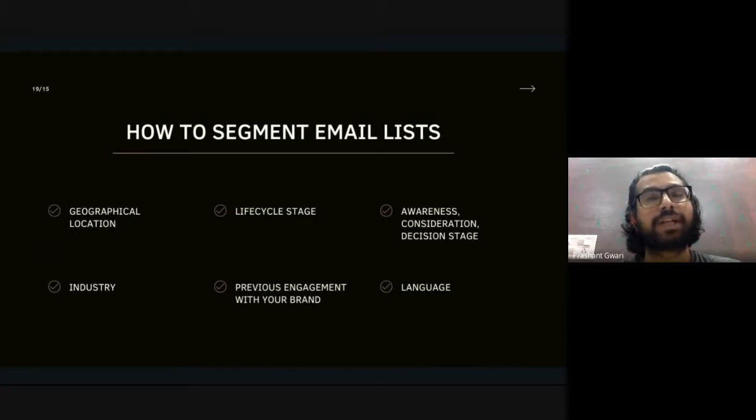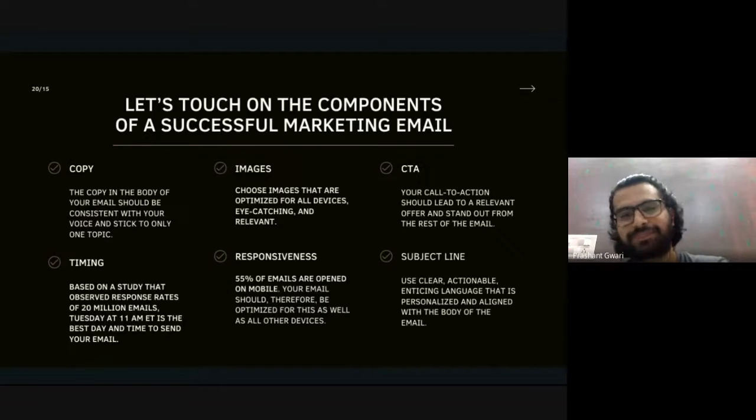Like we have segmentation like those who attended the webinar, those who filled the lead generation form, those who attended a demo class, those who enrolled for our short-term courses. So we have different segmentation lists. So you will segment your list and divide your email list into different categories. Otherwise, you are targeting everyone with the same content.